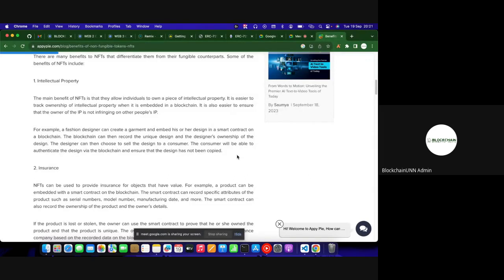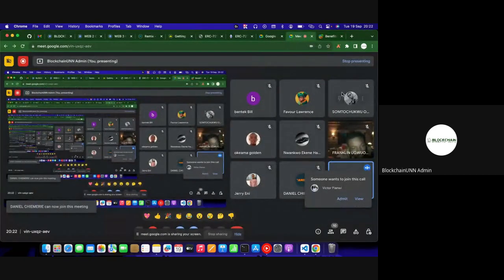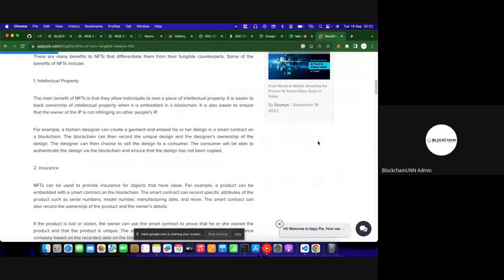We know that things put on the blockchain are permanent. It can be very useful for storing things like intellectual property, because over the years, one of the challenges that science and innovation has faced is that most times someone works so hard to come up with an idea, and then someone else will just come out of the blues and steal that idea and claim ownership of it, probably because he has more money, more power, more influence, and so on. But with the blockchain and NFTs, we could change this because I can decide to